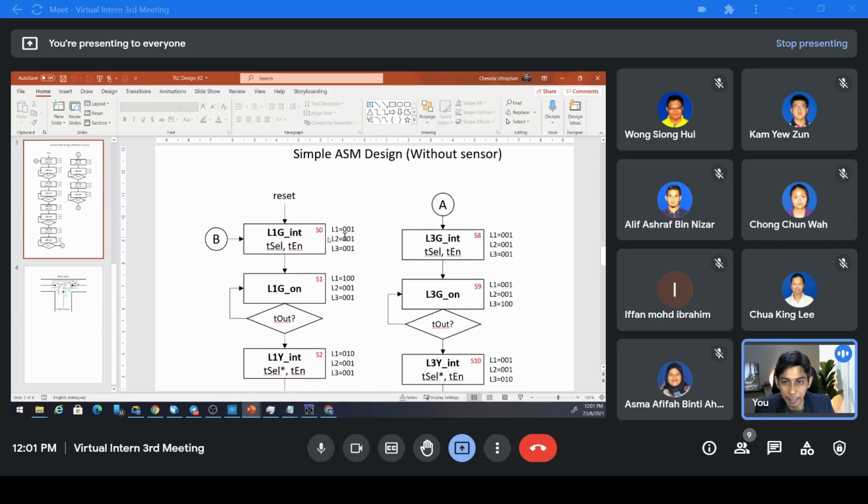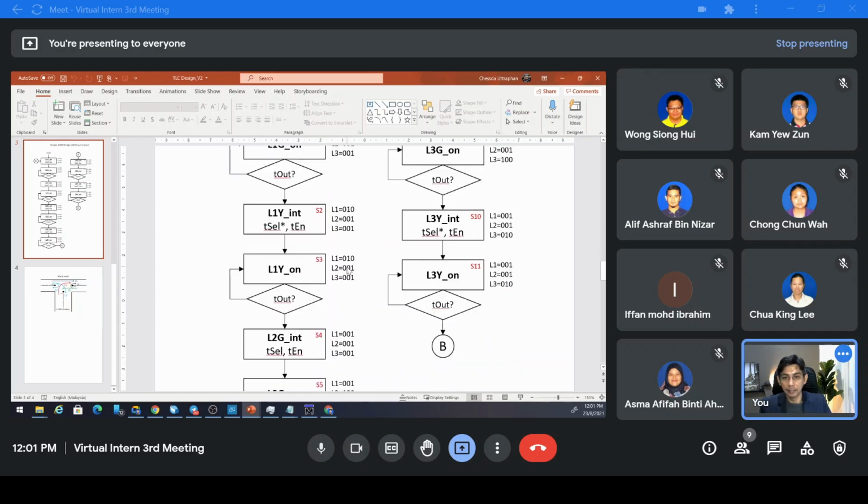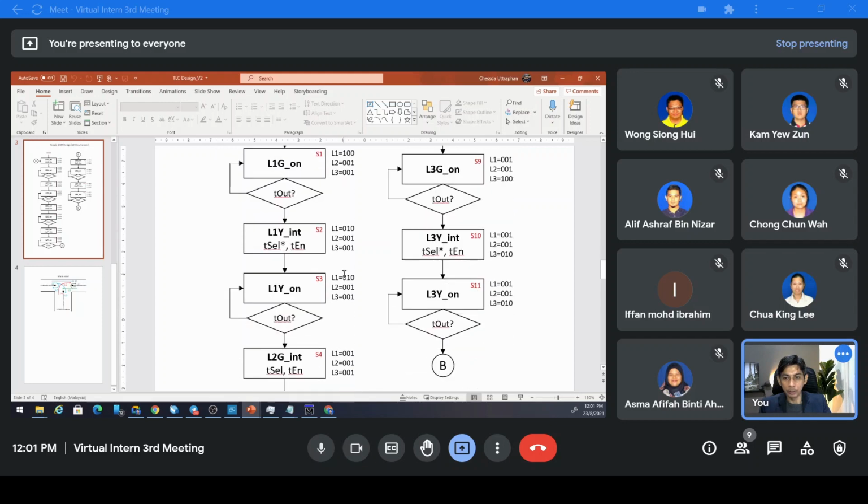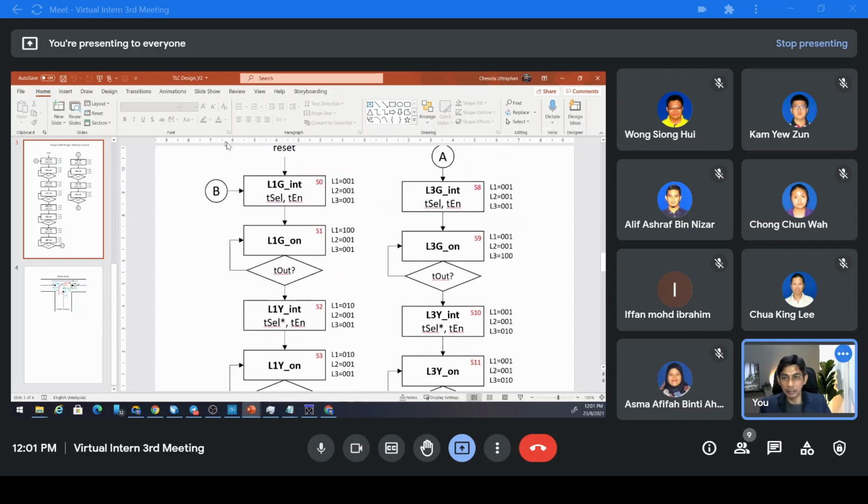This is called ASM, to represent the chart, the behavior. So you see this rectangular box represents the state: S0, S1, S2, and